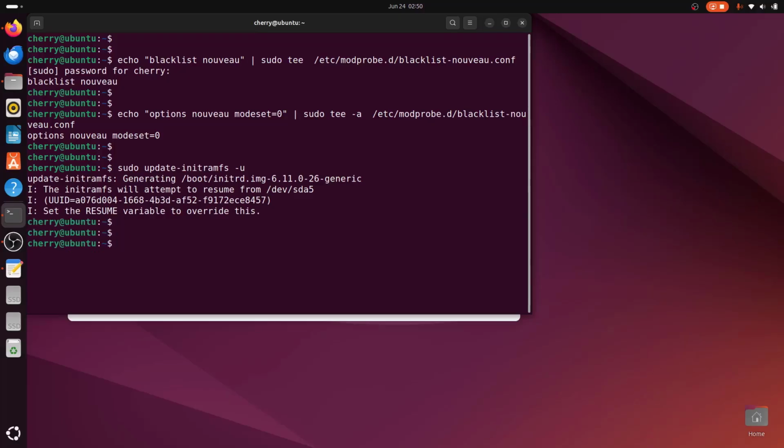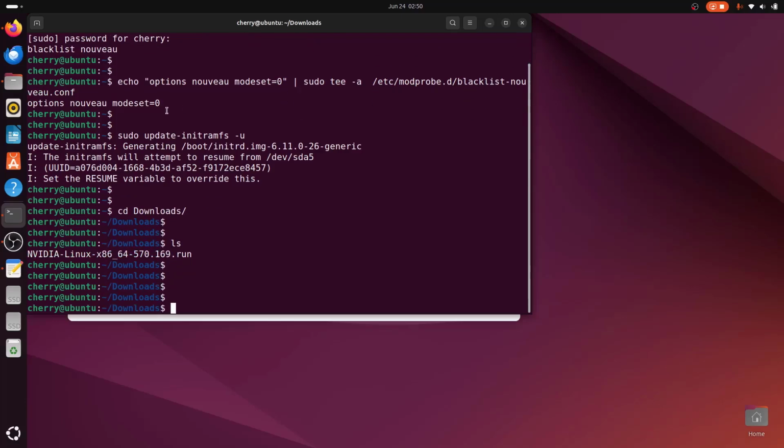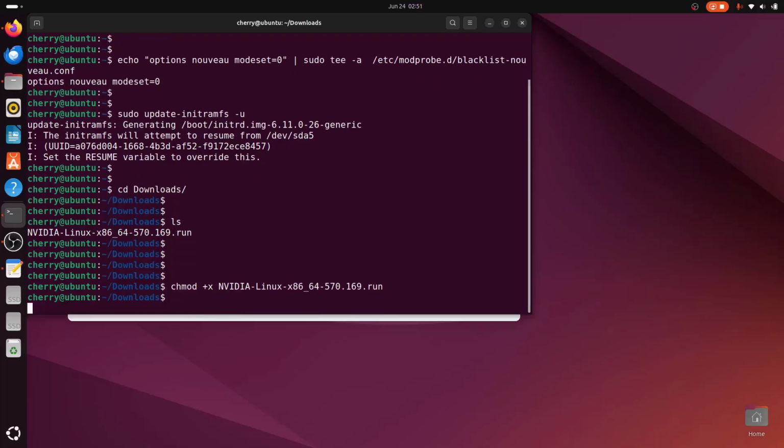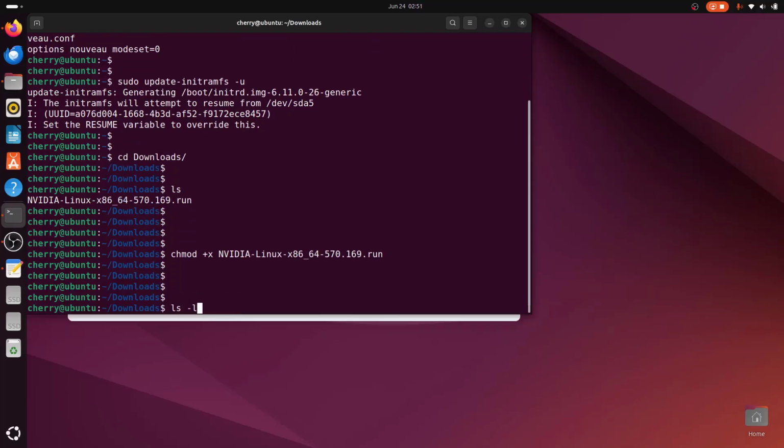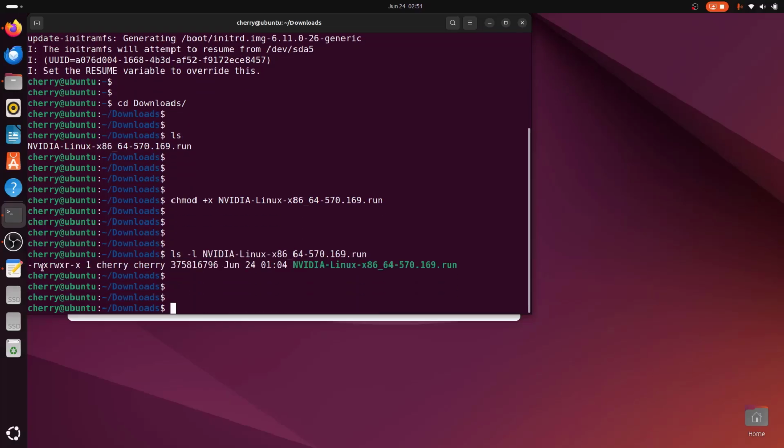And we are done. All right, now I'm going to head to the downloads folder. So I'm going to run cd then downloads, and this is the file we have downloaded. All right, now I'm going to run this, and to do so, first of all, I'm going to ensure that I have the execute permission. So I'm going to use the chmod command to assign the execute permissions. Okay, now I can use the ls -l command to ensure we have execute permissions, and as you can see, we